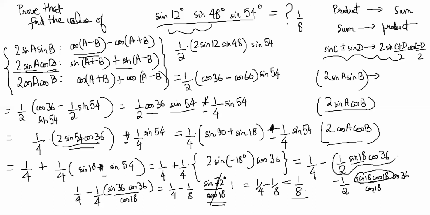Here, to simplify, we did this trick where, because we saw 18 and 36, I multiplied and divided by cos 18 to make it sine 36. So that is a standard technique. You multiply and divide by something to make it match. Or you could also try and find out the values of 36 degree and 18 degree. It is not very hard to find the values of sine 18 and cos 36, right? I think we saw that last class.